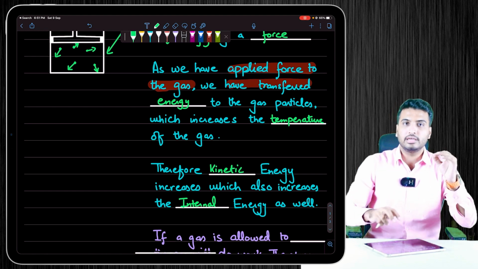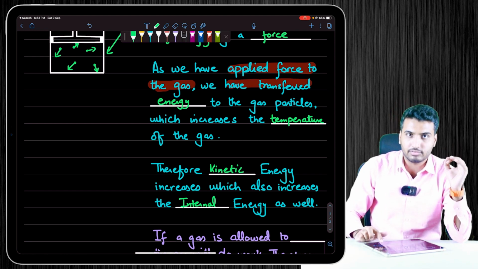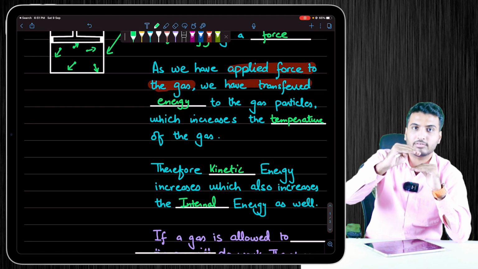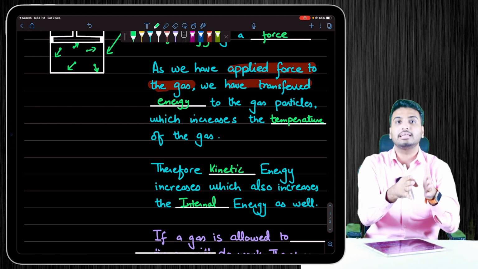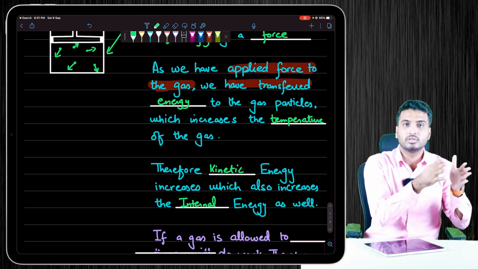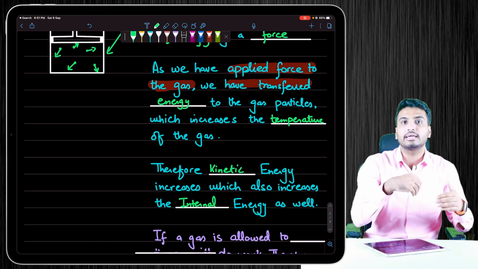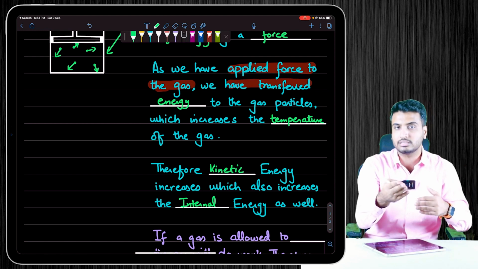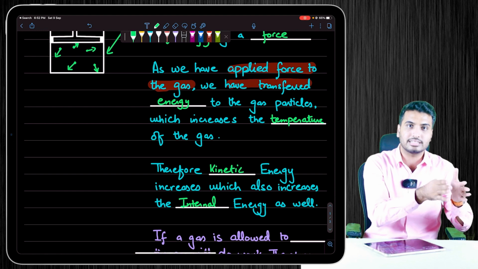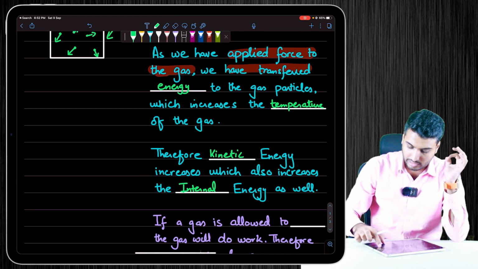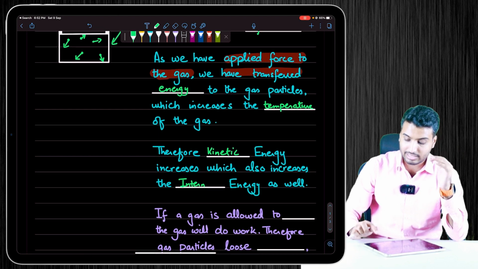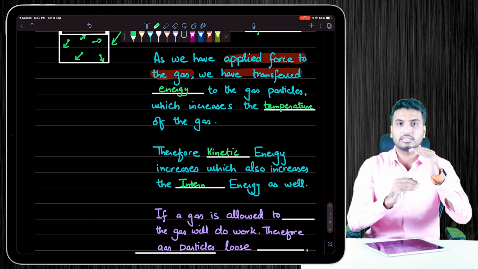So by applying force, what happens initially when we applied the force? We transferred energy to the gas particles. So that energy increased its temperature. Due to the increase of temperature, kinetic energy increases, and when the kinetic energy is increased, internal energy also increases. So if we do the opposite of it, like if the gas is allowed to expand instead of compression,